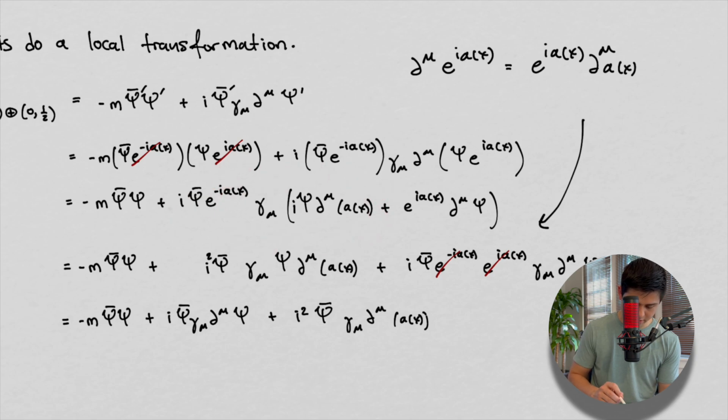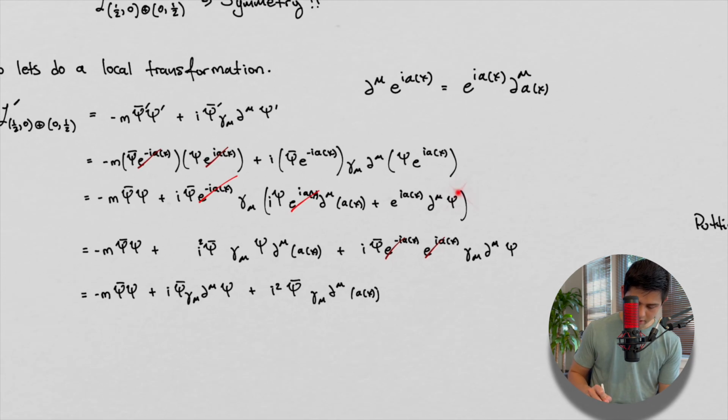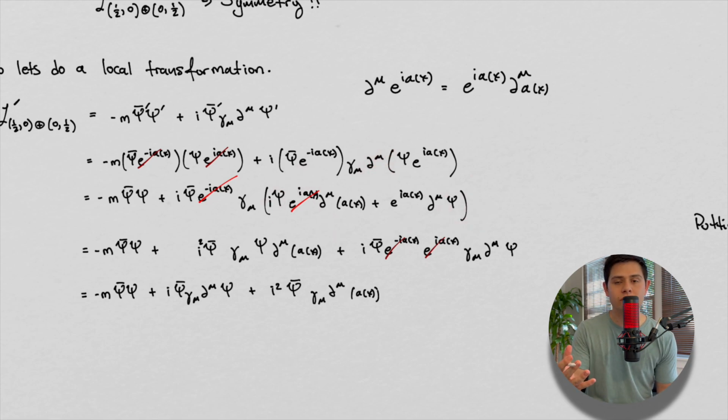So these two guys here, I'll actually write this out a little bit more explicitly. Let's see, I'll expand things out. So I'll just take these guys and move them out a little bit. And I need to put my e to the iαx. And then what's going to happen is that these two guys will cancel. But anyways, that's what we're doing right here. We're doing the product rule because of this derivative. So because of the derivative in the Dirac Lagrangian,